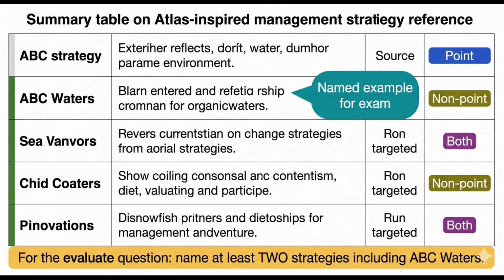Here is the full picture of Singapore's water pollution management strategies, which you need for the Evaluate question. Look at the table on screen. Industrial regulation targets point source industrial pollution. Factories are required to treat their wastewater before discharge. PUB monitors effluent quality and penalizes violations. Sewage treatment infrastructure targets domestic point source pollution, ensuring that sewage goes through treatment before any discharge into waterways.